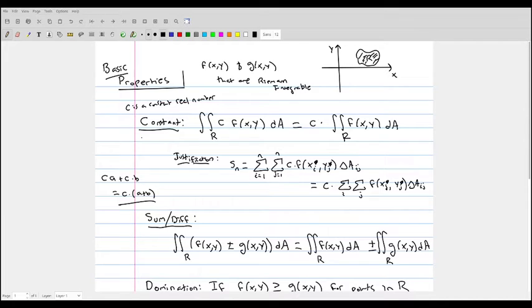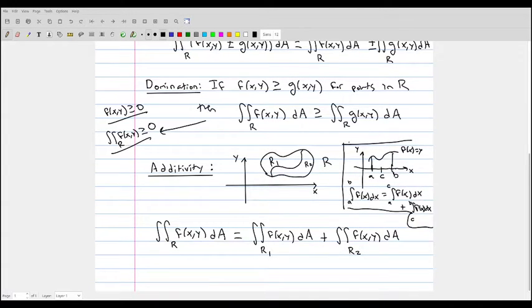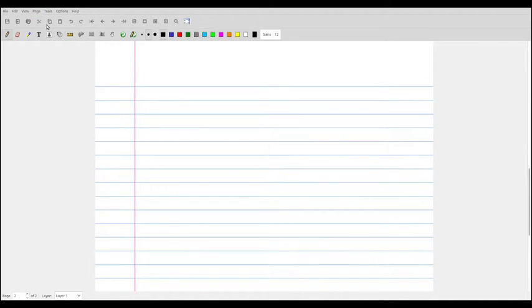So we'll look at some more advanced properties now as well. In order to do that, we first need to define what it means to take the average value of a function, because this is going to be intimately related to what's called the mean value theorem for double integrals. So you'll hopefully recall that in 1D, for a single variable function,